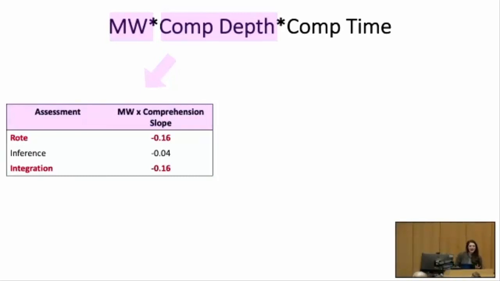It could be that individuals relied on their mental model construction and prior knowledge to be able to fill in the gaps when they were mind wandering on those inference questions, similar to how I described before with the Goldilocks example. But more work is needed to explore the relationship, especially with these deeper levels of comprehension, like the integration questions.